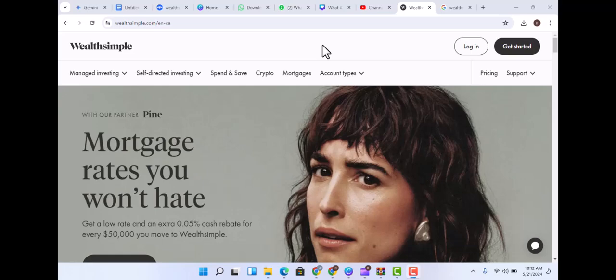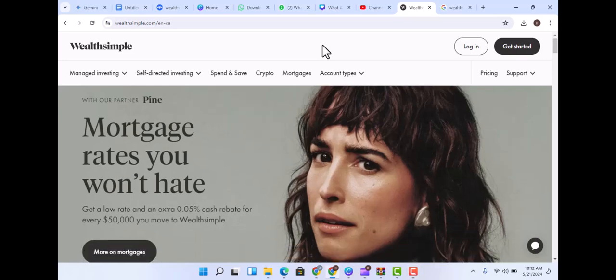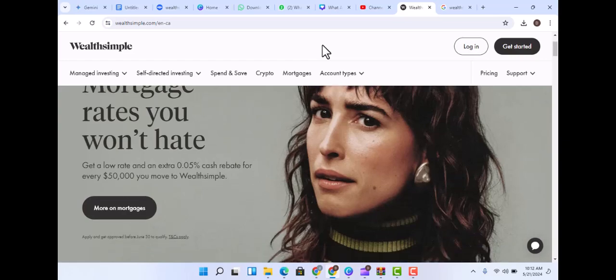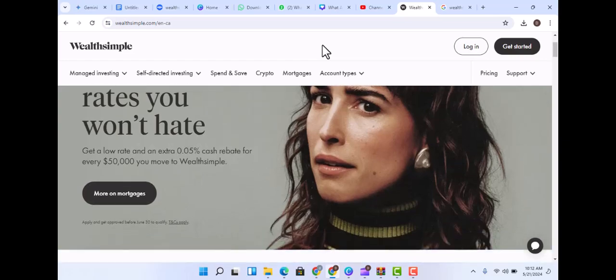Are you tired of seeing those red numbers in your investment portfolio, wishing there was some way to turn those losses into a win? What if I told you there's a sophisticated, yet surprisingly accessible, strategy that lets you do just that, potentially saving you a significant amount on your taxes? We're talking about tax loss harvesting, and today, we're diving deep into how you can leverage this powerful technique specifically